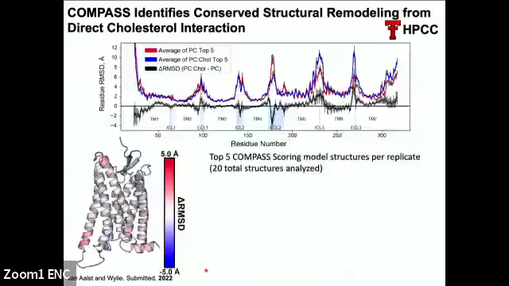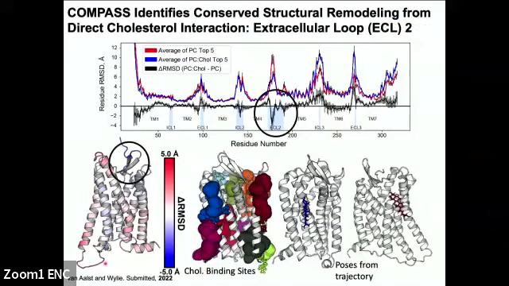So we then went and looked at the top scoring replicates for Compass using each of these trajectories. And what we found was that indeed this bore out, that the best scoring trajectories from the cholesterol-rich bilayer appeared to be better, based on what we knew about the steps of this chemokine signal transduction, than the POPC. So the first thing we noticed is that this extracellular loop 2 is consistently better structured in all the scored cholesterol trajectories,